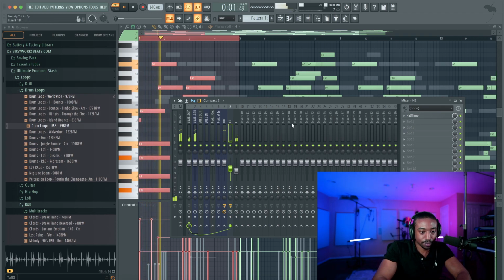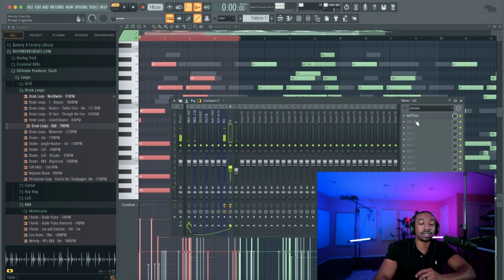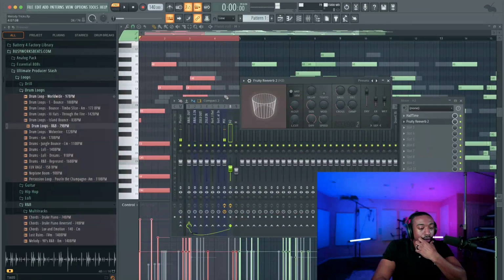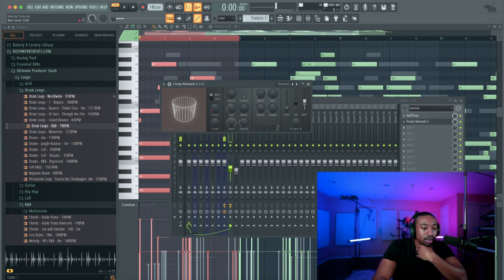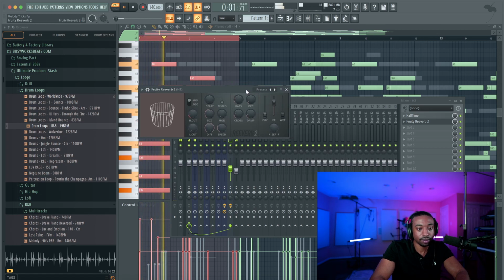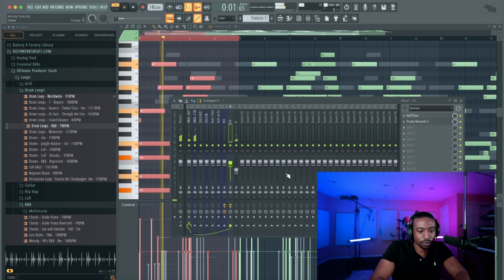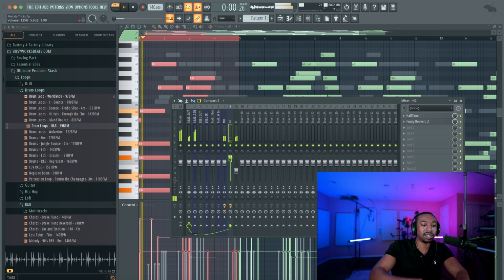Now, to take it even further, this is more advanced. What we're going to do now is add a reverb. You could do free. Let's start with the free stuff. Fruity Reverb 2. Let's pull our dry level down, turn the wet level down, and only use the early reflections. This will push the sample behind the other sample, the melody. So it's not getting in the way. Turn up a little bit. So now they're in their own space.